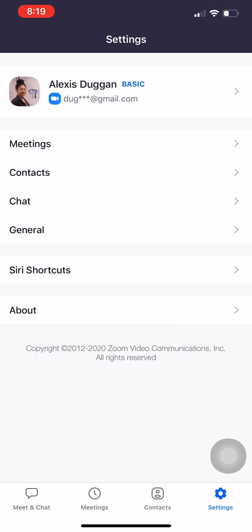But the most important thing about settings is that if there's something that's happening with your Zoom, you can't hear, you can't type in the chat, go to your settings, okay? Make sure that that button is clicked or maybe it's turned off. So that's about the end of this tutorial. It was just a very basic mobile